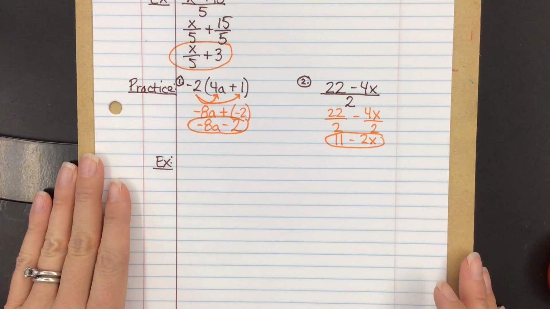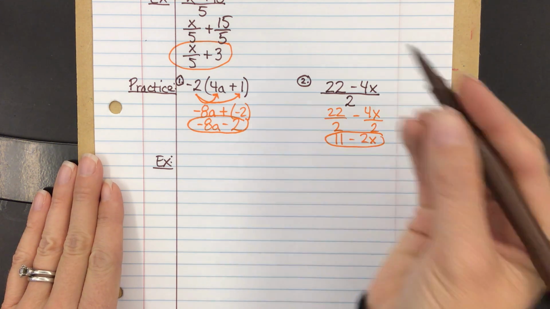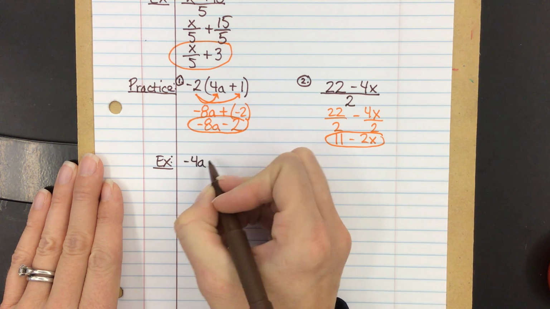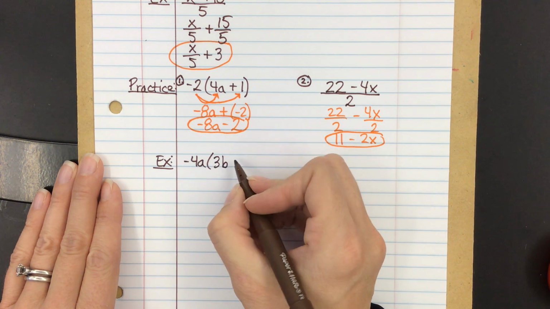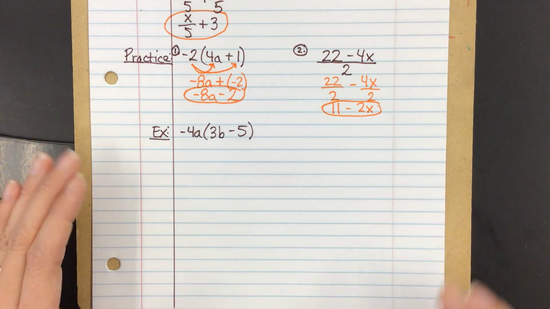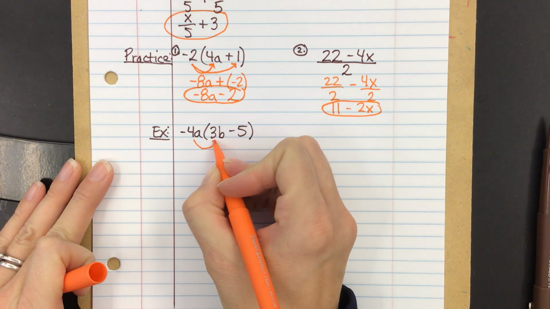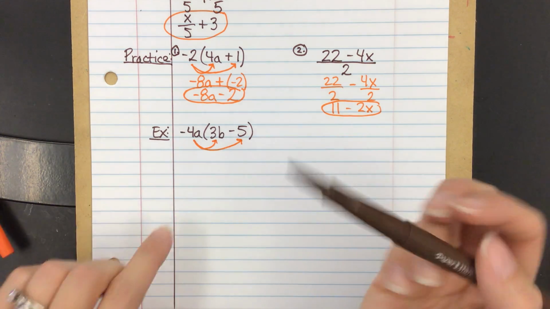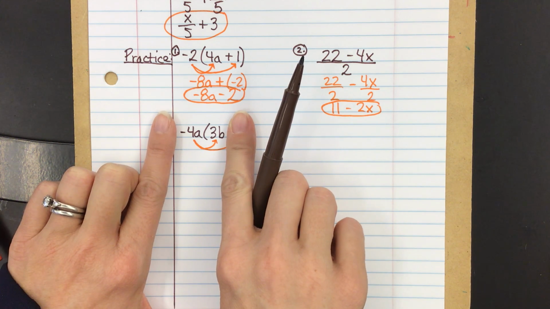So let's try some that have more than one variable. Let's do negative 4a times 3b minus 5. Okay, same thing is happening here. You're distributing to each term, like this. Now, when you're multiplying these things together, for a second I want you to ignore the variables